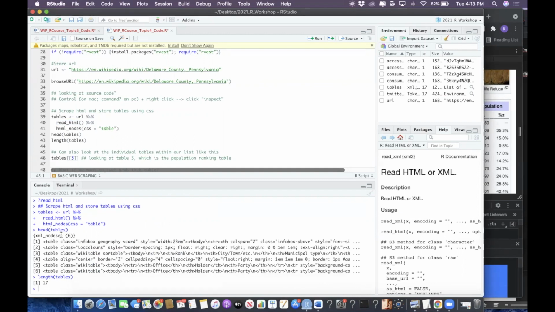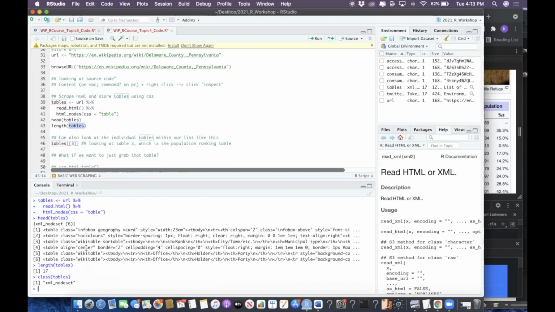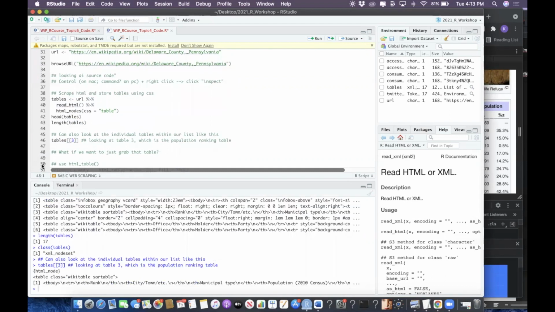If we're interested in a specific table, we can just look at a single table by using brackets. So if we look at the class of this table variable, we see that it's an XML node set. And in order to call information from this, we can interact with it similarly to how we would a list. So if you remember, to use a list, you use brackets in order to take pieces out of the list. So if we're interested in table number 3, we can see that we have the rank, city, town, municipality, and